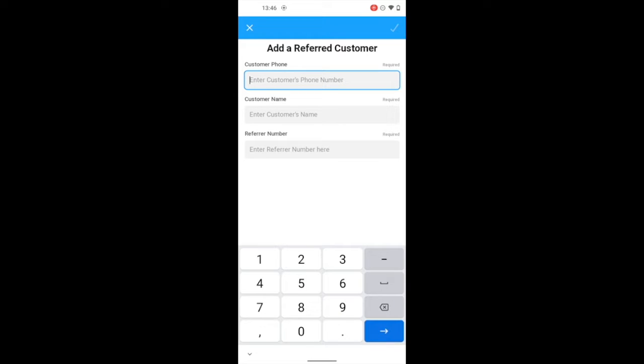Let's say Mehvash has come to my shop and has bought something from me. I asked Mehvash, did you come to know about my shop from anyone? She says, yes, Vibhor told me about it. And so right after Mehvash's bill has been done, I'll add her to this system. So I add Mehvash here.